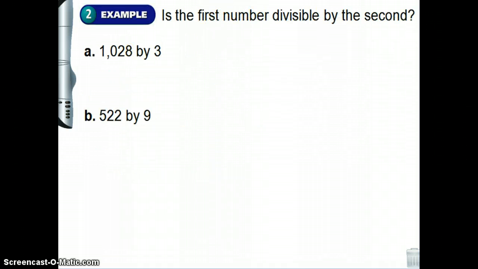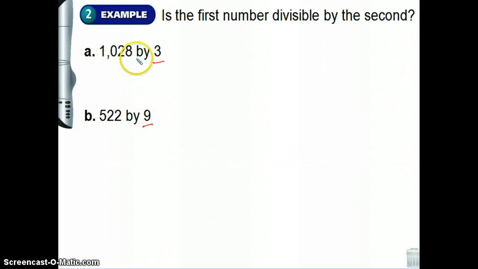The next part of this section is knowing if the first number is divisible by the second. So we're still going back to divisibility rules. We're not using the easy ones like 2 and 5 and 10. We're moving on to more difficult ones like 3 and 9. The reason that these are together is because they're very similar. If I want to check if something is divisible by 3 or by 9, I have to